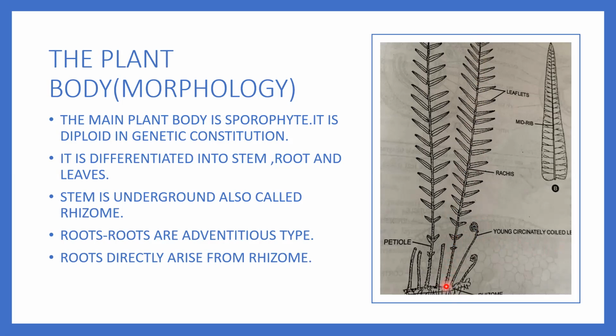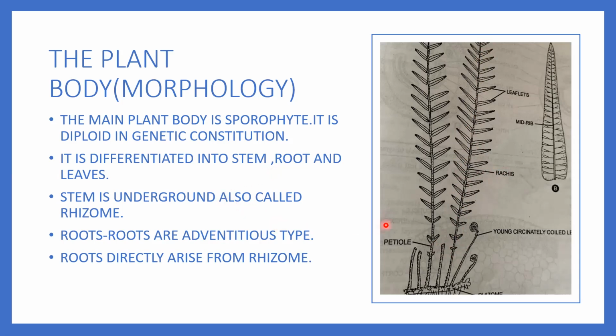This part of the leaf, which is arising from the rhizome, up to this is called the petiole, and from where pinnae are arising up to the top of the leaf, this central part is called the rachis. And on this are borne pinnae. We can see these are smaller in size pinnae. Again, size will keep on increasing. And at the top, again, small size pinnae are found. So this is called spindle shape of the leaf. Because this is not a simple leaf, this is a compound leaf. So this is also called a pinnately compound leaf.